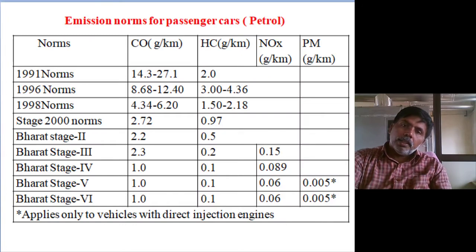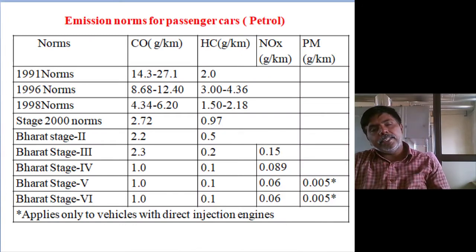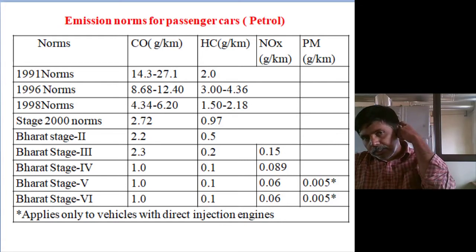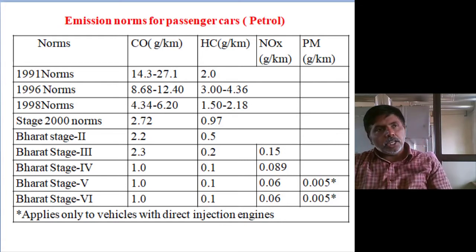Then these are the emission norms from 1990. 1970 we generally call the industrial revolution. From the 1980s onwards we are using the automobile industry, meaning automobiles with two wheelers, three wheelers, four wheelers. But it was only for rich people and needed people. Up to 2010, the two generations, the automobile industry was only applicable for rich people and needed people, not the middle class.